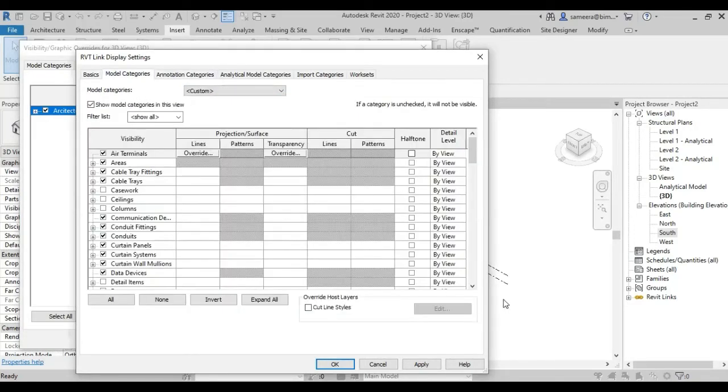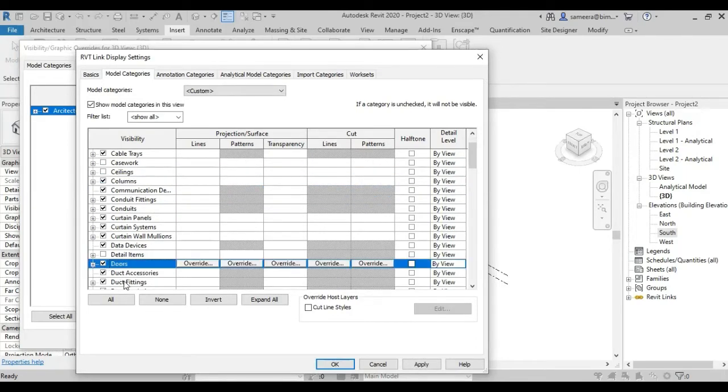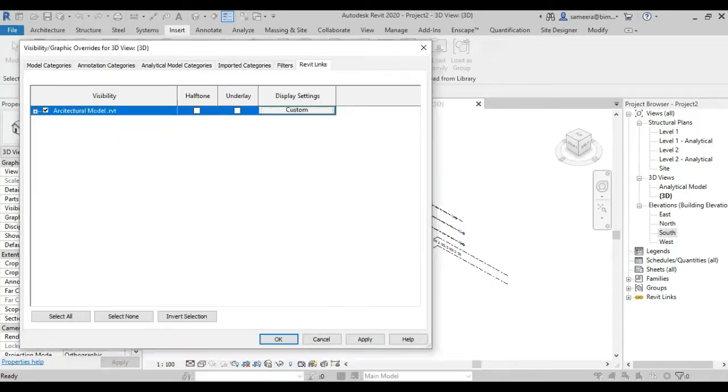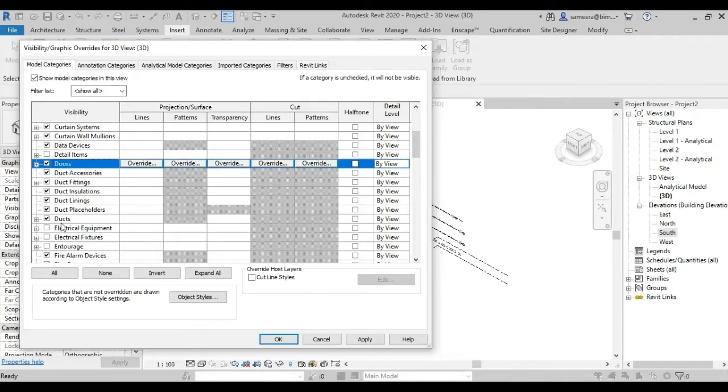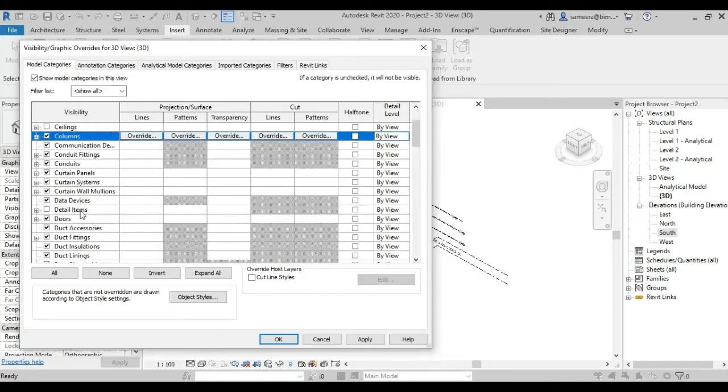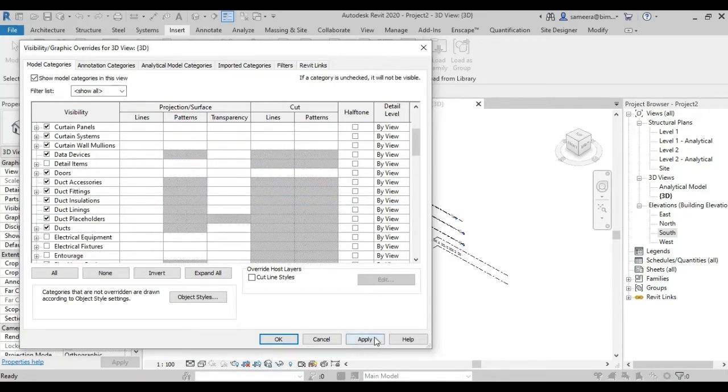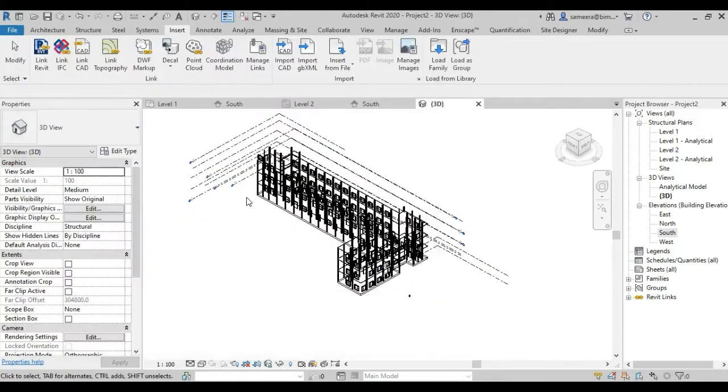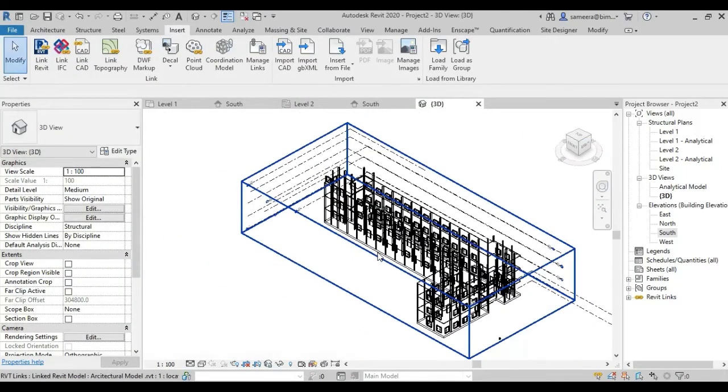So you can do all these things, and what we have to change are the visibility settings. For example, columns are hidden over here, doors are hidden over here. You have to change these things, and only then will you have the correct visibility. Also, you have to change in this portion, whether it is hidden or not. Then you have to apply and click OK, so that those portions get visibility.